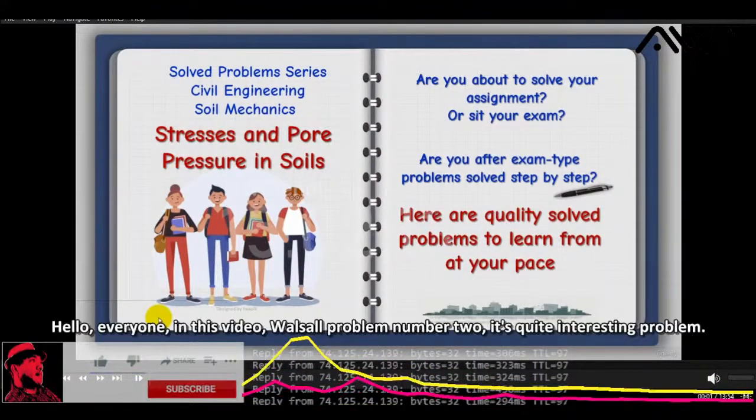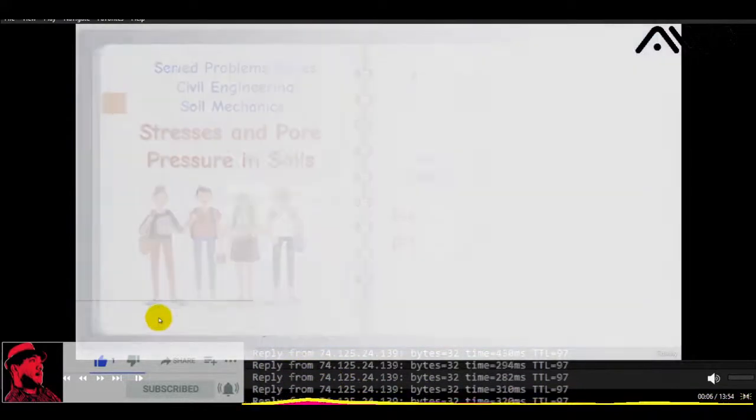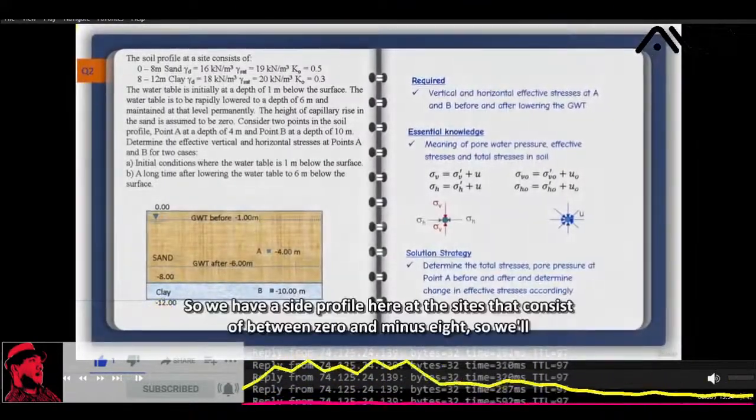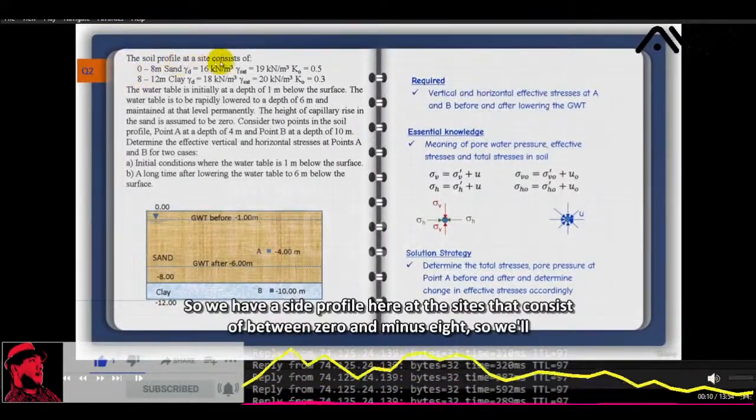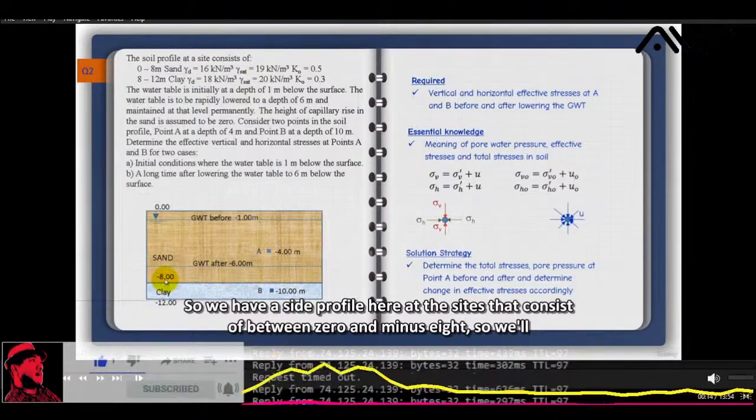Hello everyone, in this video we will solve problem number 2. It's quite an interesting problem, so let us see. We have a soil profile at a site that consists of, between 0 and -8, sand,